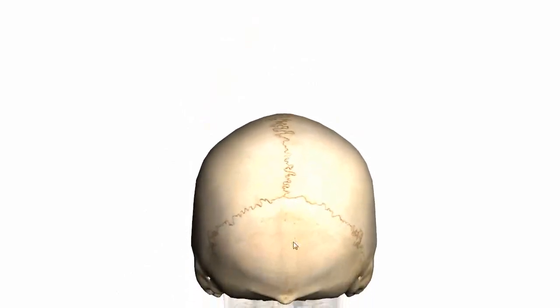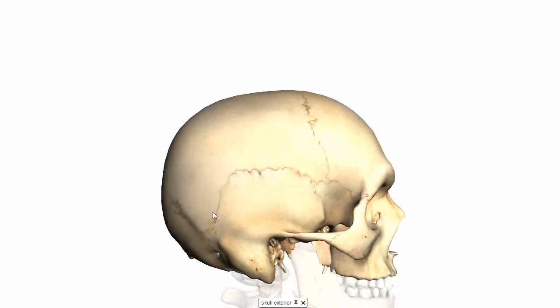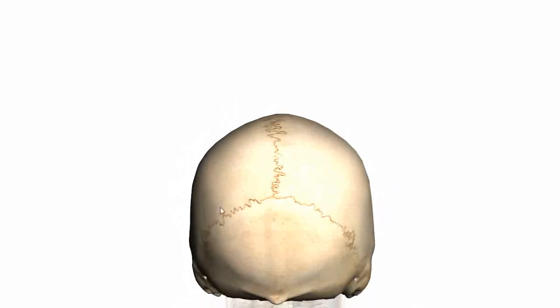The sagittal suture meets the suture here, which separates the parietal bones from the occipital bones, and this suture is called the lambdoid suture. And that's because if you know the Greek symbol lambda, it's vaguely shaped like this. And then you've got this suture here which separates the parietal bone from the temporal bone. So this is the squamous suture. So if you remember back that tutorial, this part of the temporal bone is the squamous part, so this is the squamous suture. So those are the four big sutures: the coronal suture, the sagittal suture, the lambdoid suture,